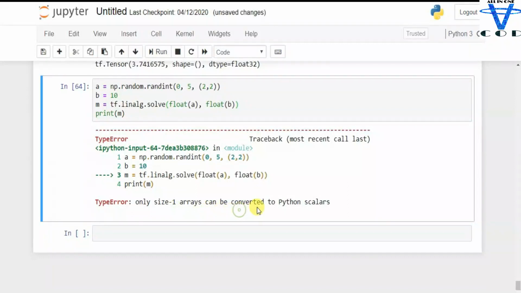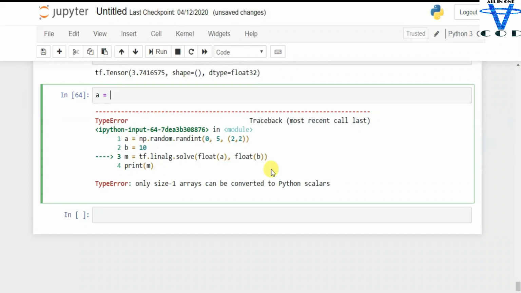Okay, only size-1 arrays can be converted to Python scalars. Okay, we have to use the constant, a equal to tf.constant. Let's try this. tf.constant. Let's pass the 1., 2., 3.